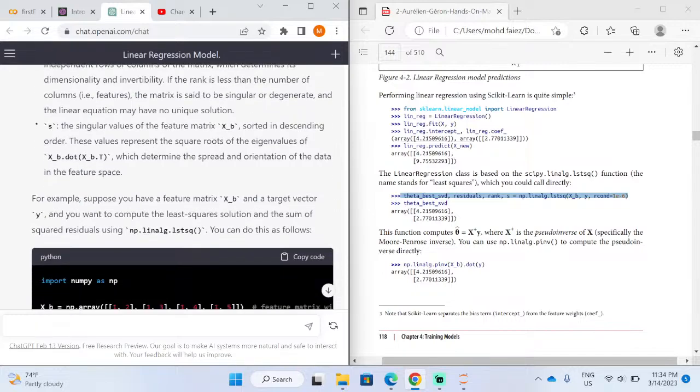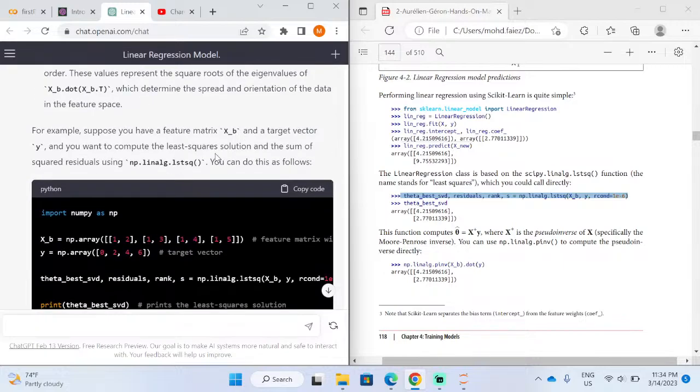s is the singular values of the feature matrix X_b sorted in descending order. These values represent the square roots of the eigenvalues of X_b.T dot X_b, which determine the spread and orientation of data in the feature space. For example, suppose you have a feature matrix X_b and the target vector y, and you want to compute the least squares solution and sum of squared residuals using np.linalg.lstsq. You can do: